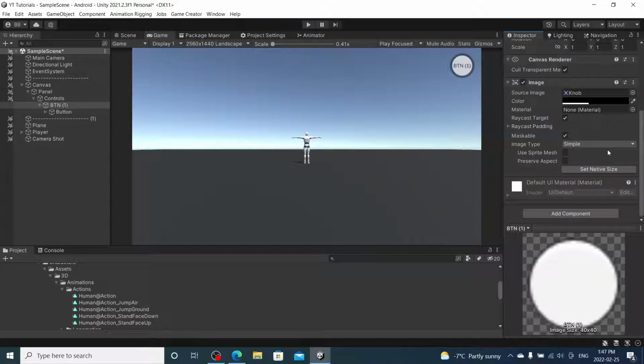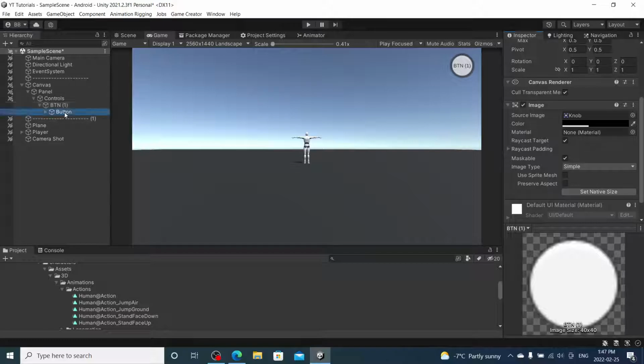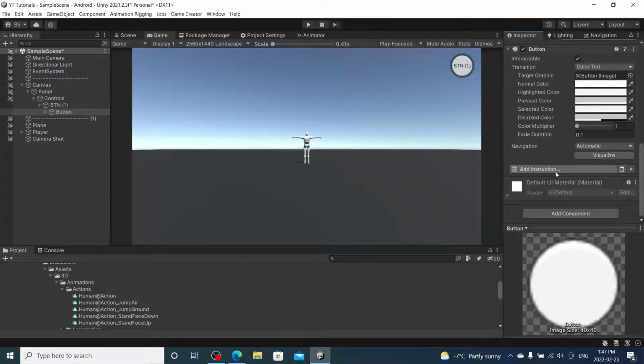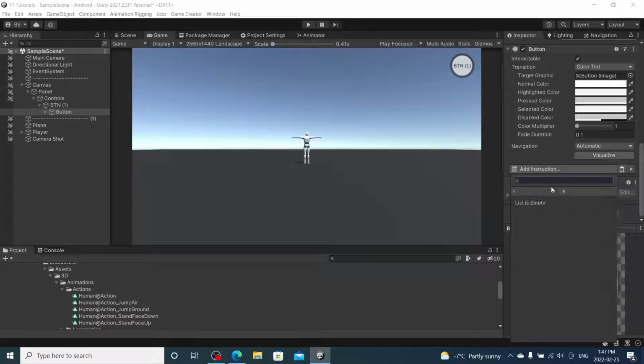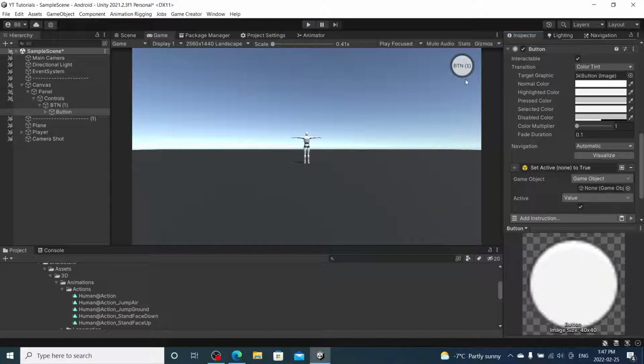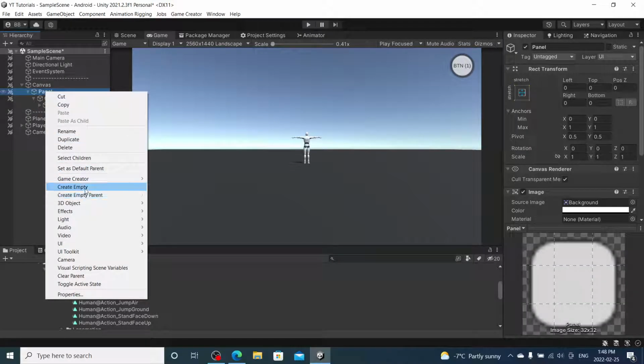And probably the most useful thing about this under buttons, or not just buttons, anything about Game Creator visual scripting, is the set active. Set active is so handy. So you click that button, you can set active something in your hierarchy. So what I was planning on doing is I was going to create a new thing under here